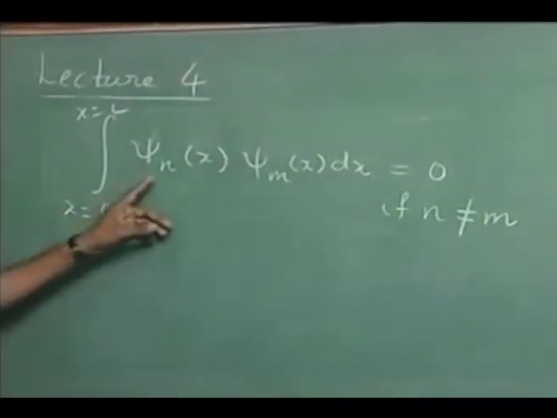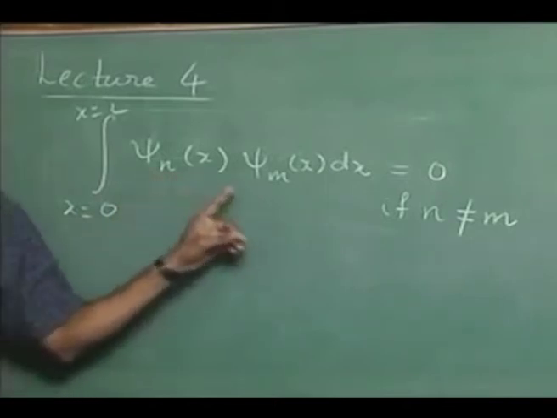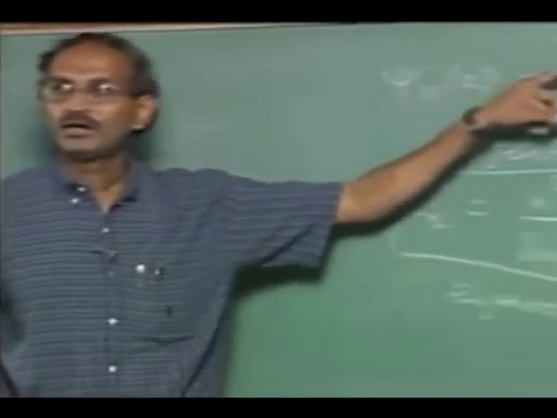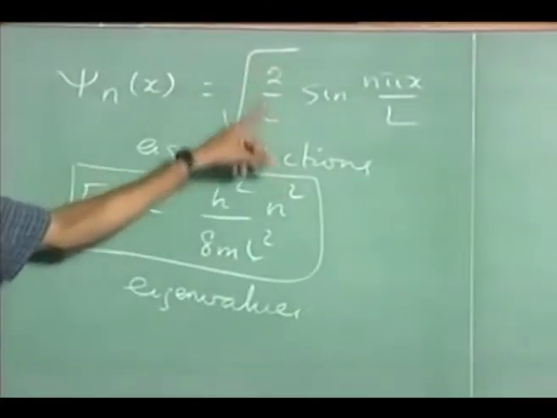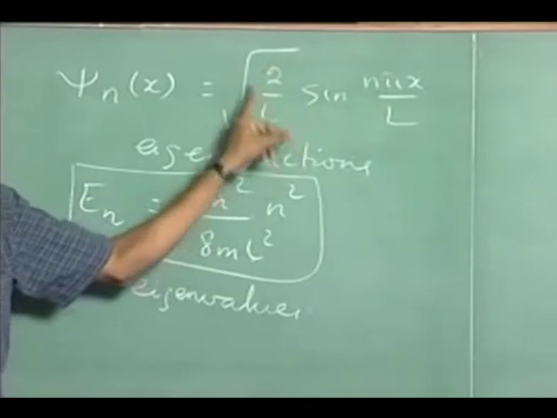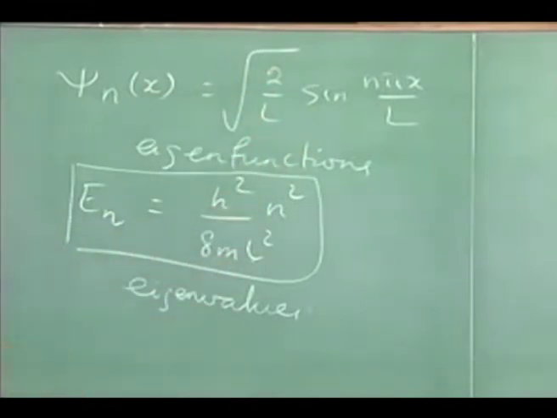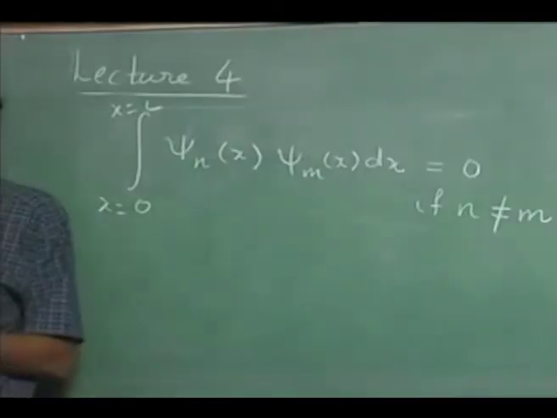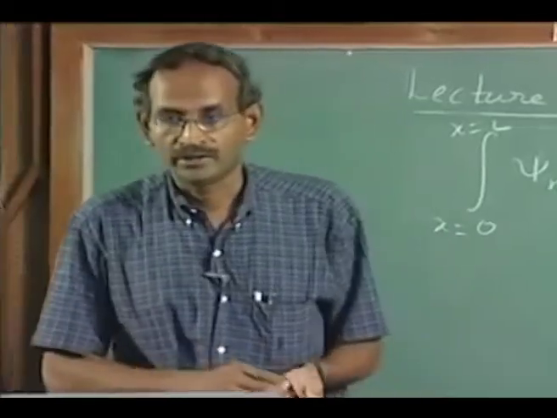You might also recall that when n and m are the same, of course this gives you 1. That's how we got this factor root 2 by L sin n pi x. That's what was called the normalization. But the functions belonging to different eigenvalues of the Hamiltonian operator are orthogonal, and that is something you have